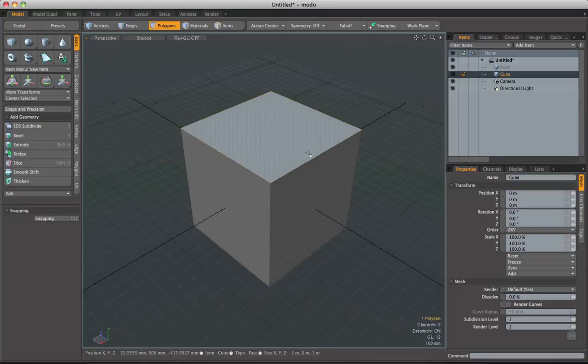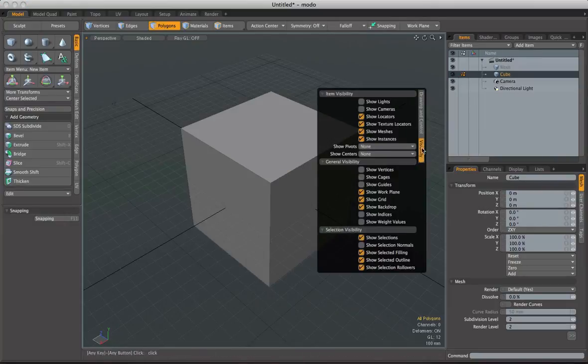Now if I wanted to, I could do this on a per polygon basis as well, but if nothing is selected, it basically means everything's selected, and it's going to do it to the whole object. Now to give you a better idea of what's actually going on, I'm quickly going to hit O while hovering over the viewport. I'm going to come down to my visibility section on the right hand side, and we're going